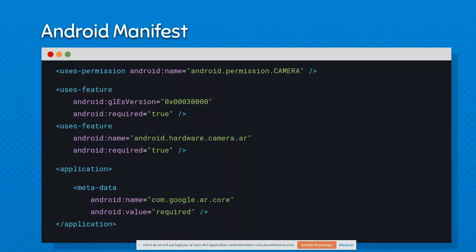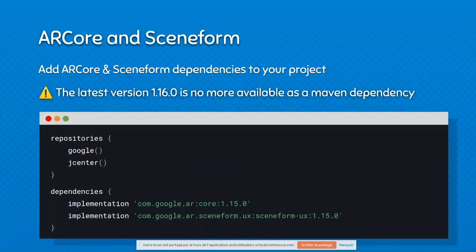What will be the Android manifest of your application? You have to have, obviously, a camera in your device, target OpenGL 3, and then notify that ARCore is required on the manifest if it's an AR only application. Then about ARCore on Gradle, you can add the Maven dependency for all the versions till 1.15, but the